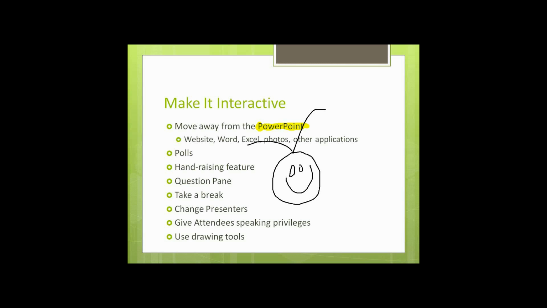You can change presenters to vary the speaking voice and style of delivery. Right-click on a panelist in the attendee list to give presenter controls. You can unmute attendees and hold a lively discussion. You can click Give Mouse and Keyboard to allow another participant to take over control of the mouse and keyboard